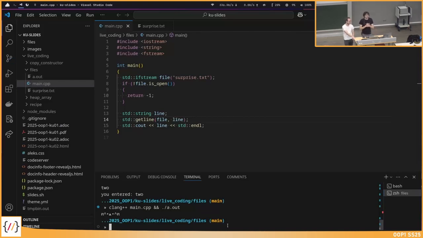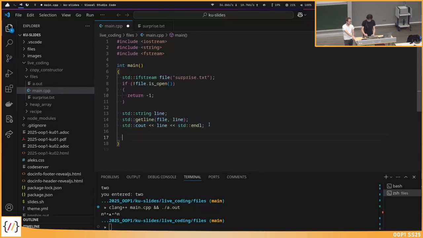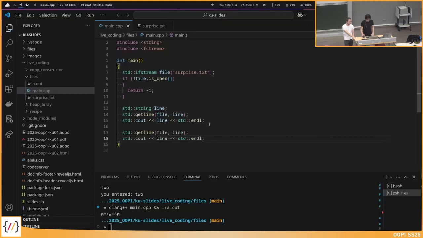Good. Now, imagine I want to read another line from the file. What I could do is just copy the code. Probably you would do this in some loop structure if you want to read multiple lines. That would be a good idea. Exactly. Now, if I run this again,